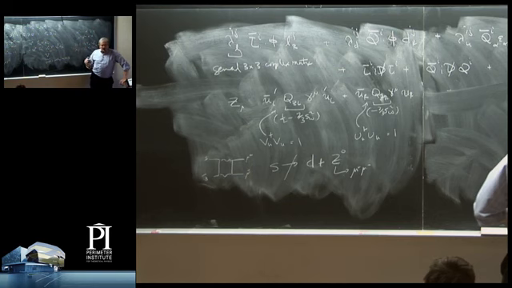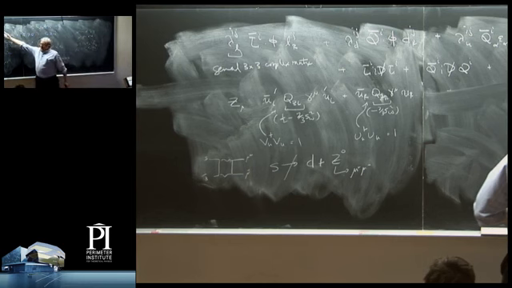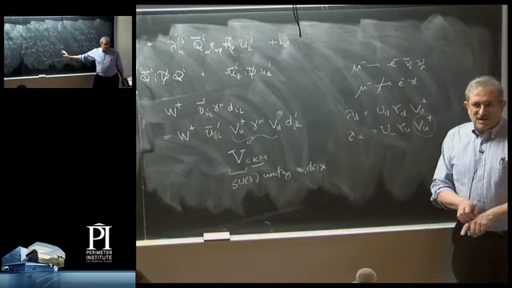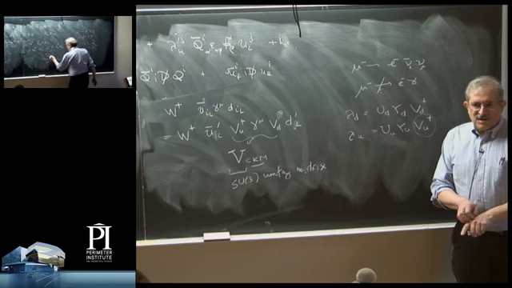So when I go to the mass basis for the leptons, the lepton family numbers are all conserved. When I go to the mass basis for the quarks, that is, I diagonalize these matrices, there's one source of flavor mixing that still remains, which is this V that appears in the weak interactions. And this V is called the Cabibbo-Kobayashi-Maskawa matrix. I've told you who Cabibbo is, but I need another couple minutes to tell you who Kobayashi and Maskawa are.